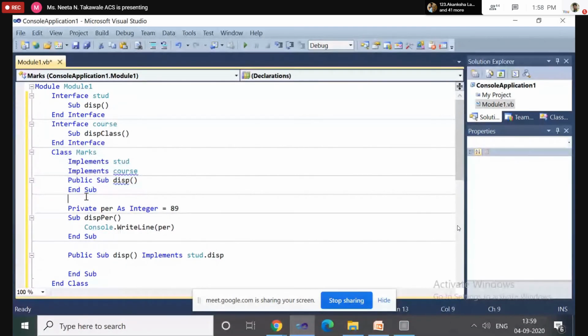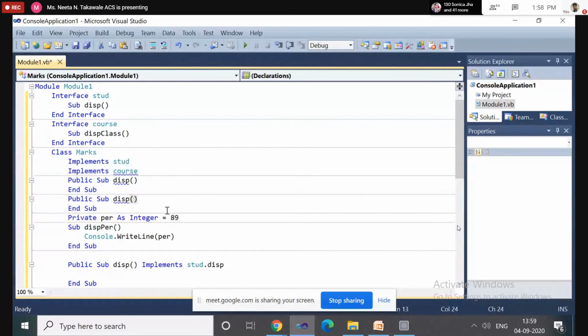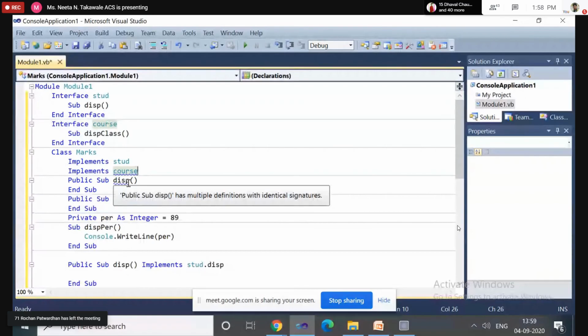Okay, and the definition of DisplayClass. Why is it showing the error message?